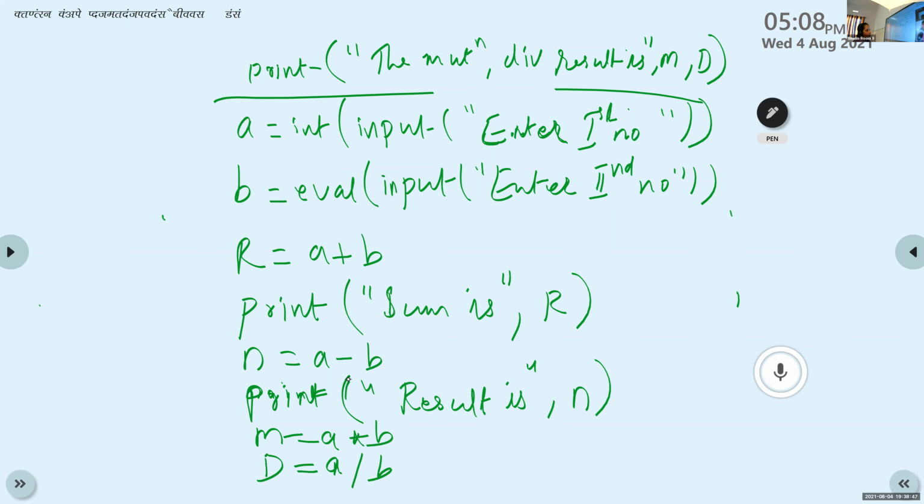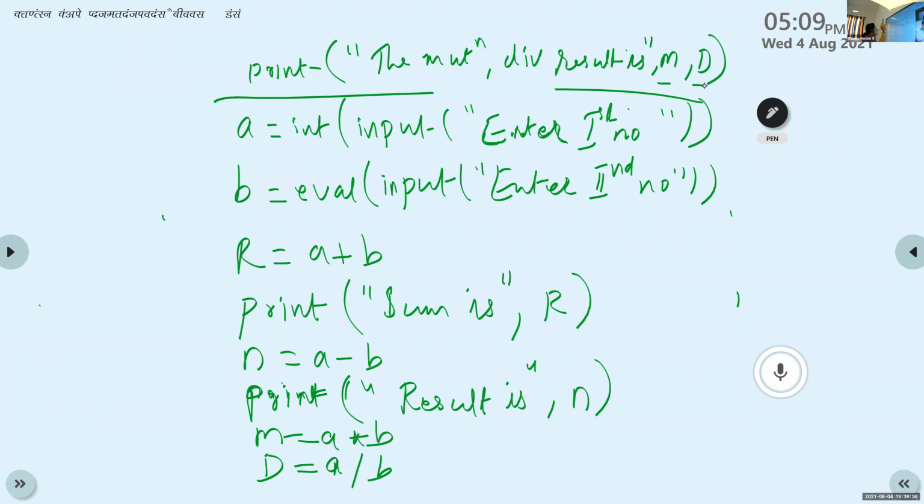The same way you can use the addition, the subtraction, the multiplication and the division result is R comma N comma M comma D. This is another version of the print statement. We can use 2 or 3 or 4 many variables here. After writing the message, I write 2 variable names, M and D. So after this message, the content of M is displayed and after that the content of D is displayed.